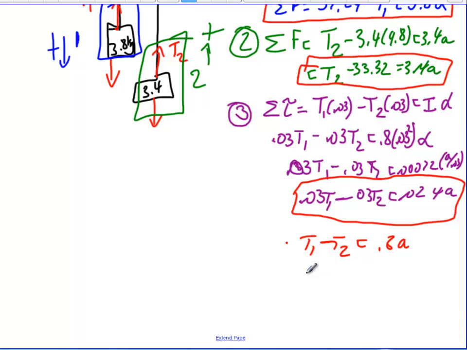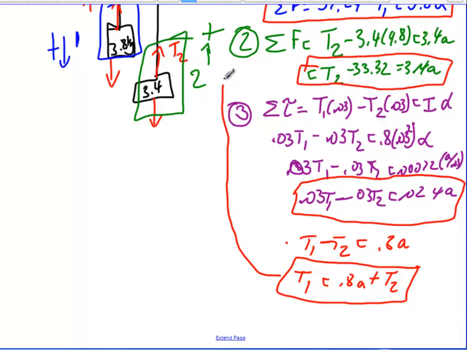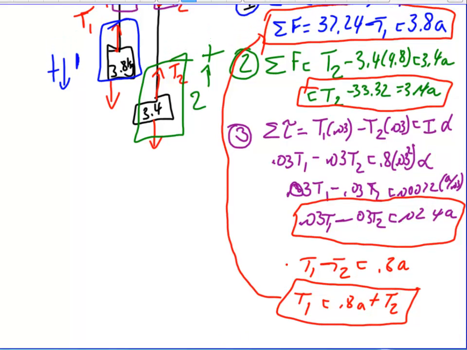Okay, so now I have T1 equals 0.8A plus T2. Okay, now I can take this one and I can sub it all the way back up into the first one. Okay, and that first equation, if we take a look at it, says